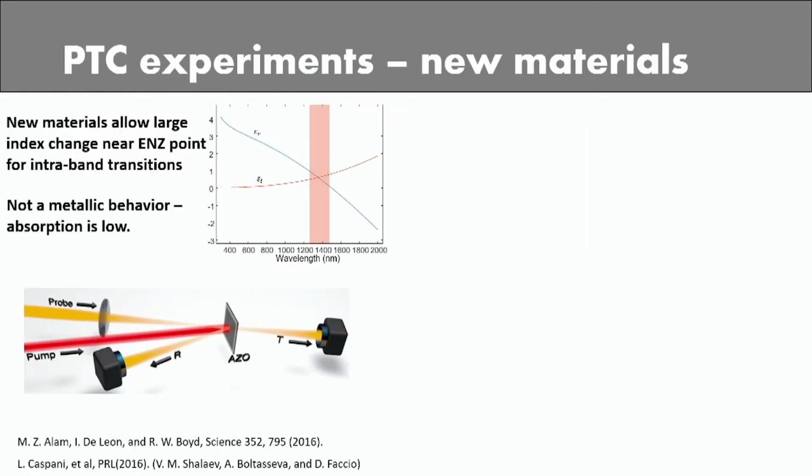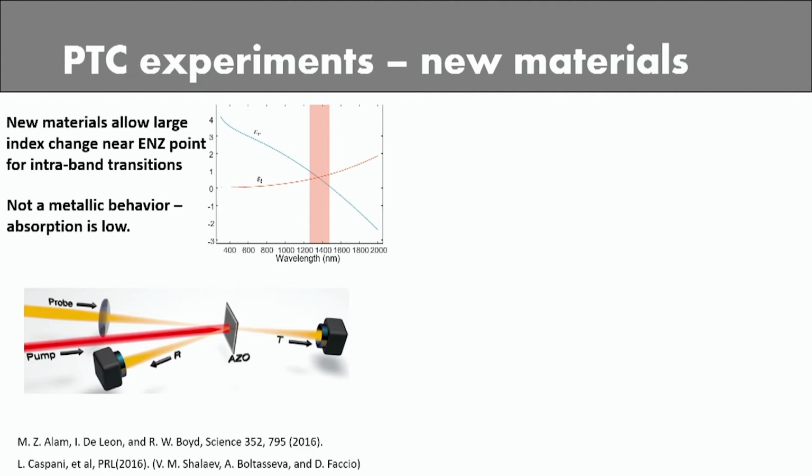Okay, now what we are doing to make this happen in the lab. So we actually have an experimental platform that we constructed to demonstrate and see this phenomenon. So we use new materials that were not available in the past. I mean, they were available, but nobody knew that they behave in such a way. These are materials which have epsilon that crosses the zero line at this point, where the shaded red region is. And near this point, apparently, there are certain materials that are fabricated by our collaborators or other groups,